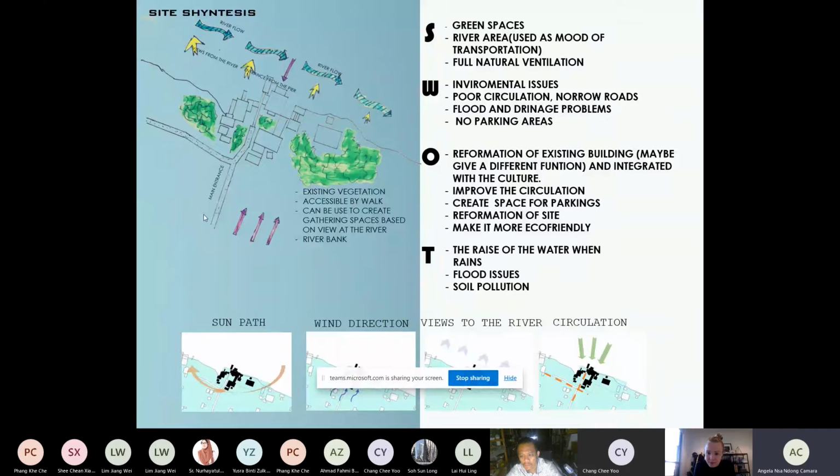For the opportunities, as I mentioned before, is to create more parking spaces, also the reformation of the site to make it a little bit eco-friendly, and the existing buildings with my new cultural center.